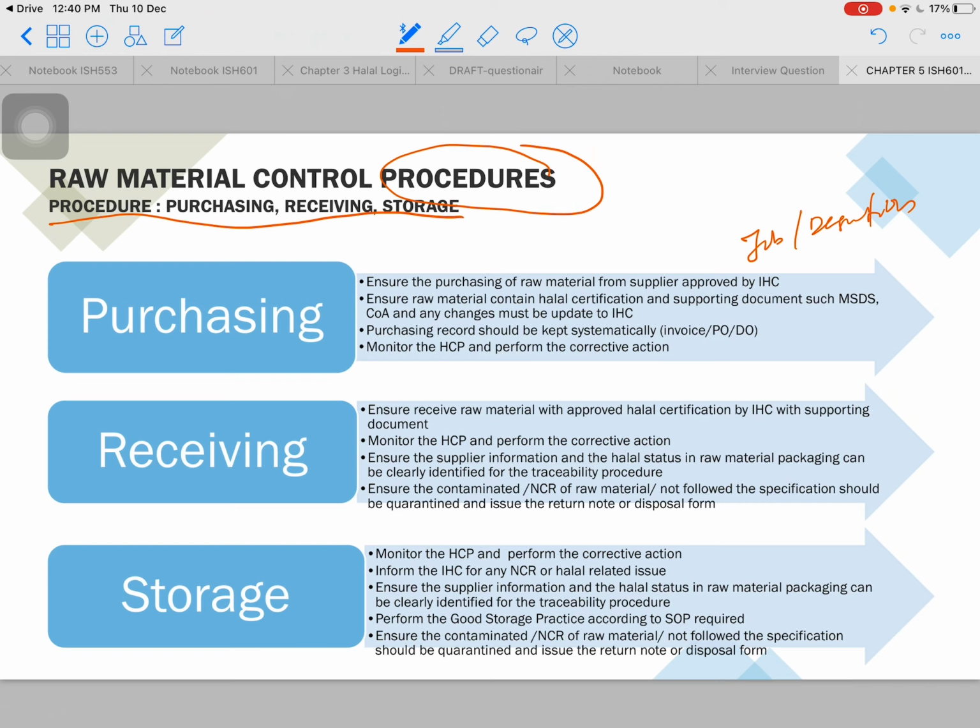officer? So for purchasing officer, number 1, they need to ensure the purchasing of raw material from supplier approved by ISH6. Ensure the raw material contain halal cert and supporting documents such as MSDS, COA, and any changes must be updated to ISH6. Purchasing record should be kept systematically, especially the invoice, the PO and also DO, and monitor the HCP and perform